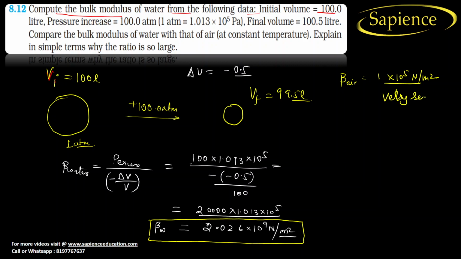Now we know that compressibility is the inverse of bulk modulus. So if bulk modulus is high, compressibility is less. If bulk modulus is less, compressibility will be high. Okay, so from here we conclude that